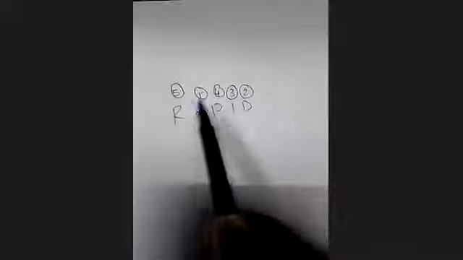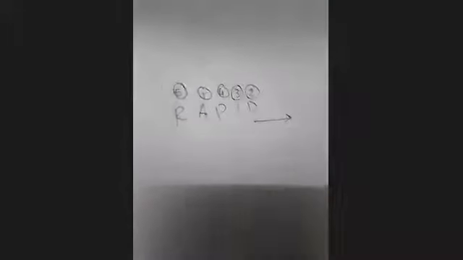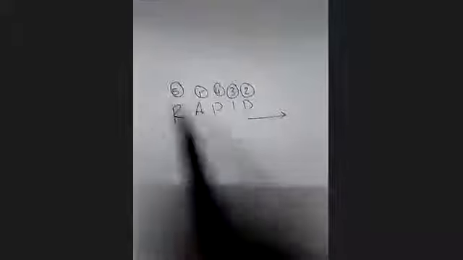Now, this is the first step. And what should be the second step? Under five, how many numbers to the right hand side are lesser than five? Can anyone tell me how many numbers are there which are less than five? Four numbers. I want the numerical value. So four numbers are there: 1, 4, 3, 2. So below R, write four.